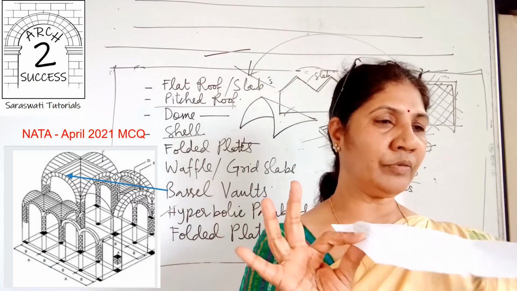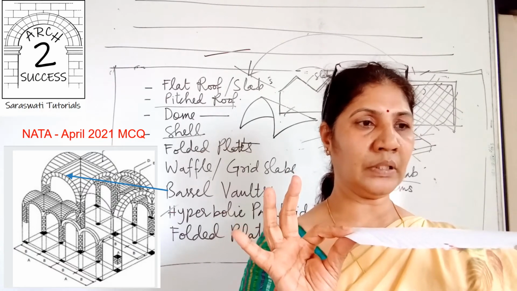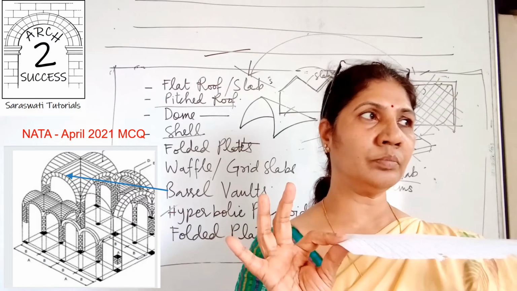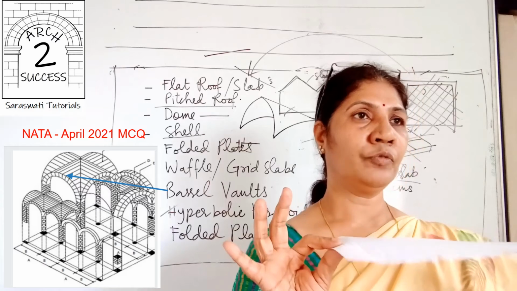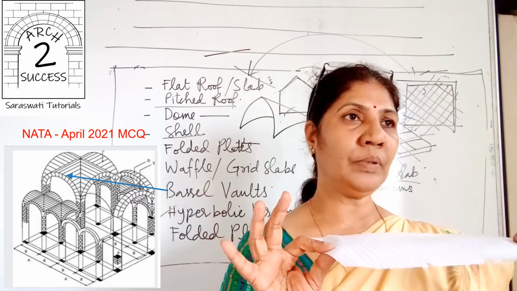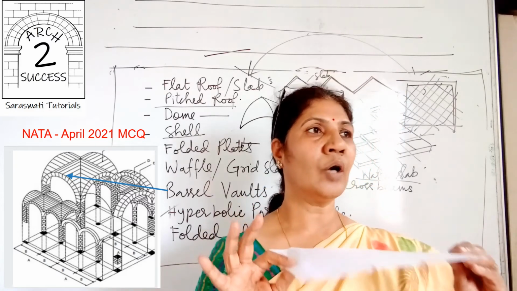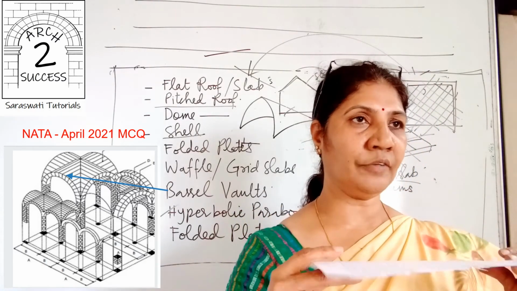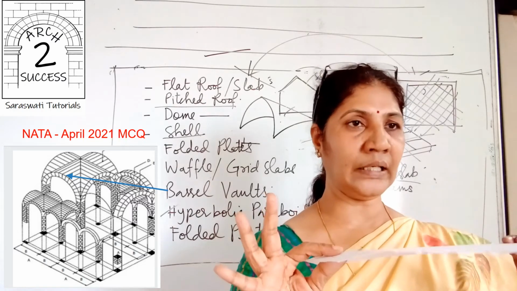Understand the difference between a plain slab of concrete or any other material and that of the folded plates, and how folded plates are better than a flat slab for large span structures, for the huge buildings, the buildings with huge spaces and huge rooms. For such buildings, how are the folded plates better than a flat kind of a slab, the plain slab, right? So to understand that, we will take an example.